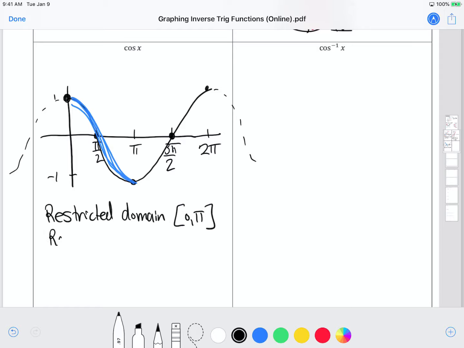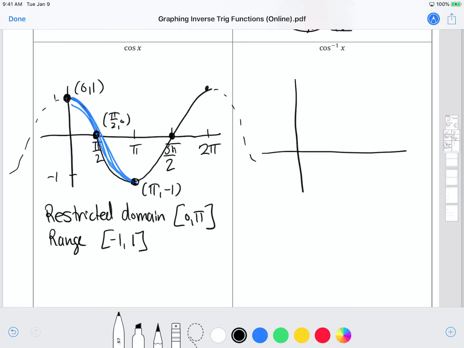And of course, the range is negative 1 to 1. So we have the point on here, 0, 1, pi over 2, 0, and then pi, negative 1. So when we switch our x's and y's then to draw the inverse,